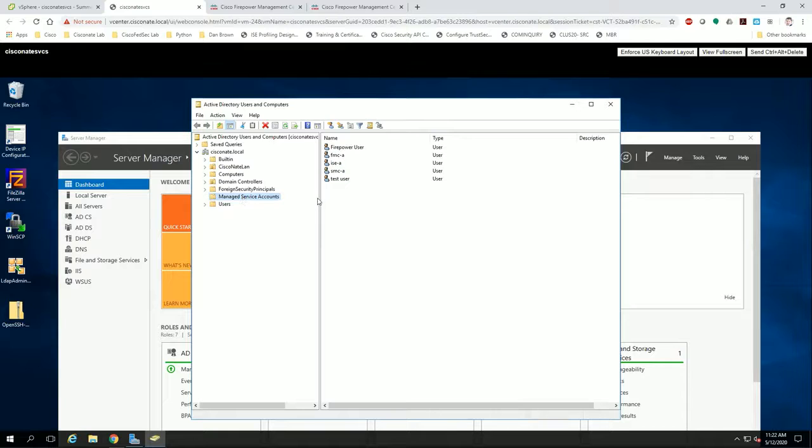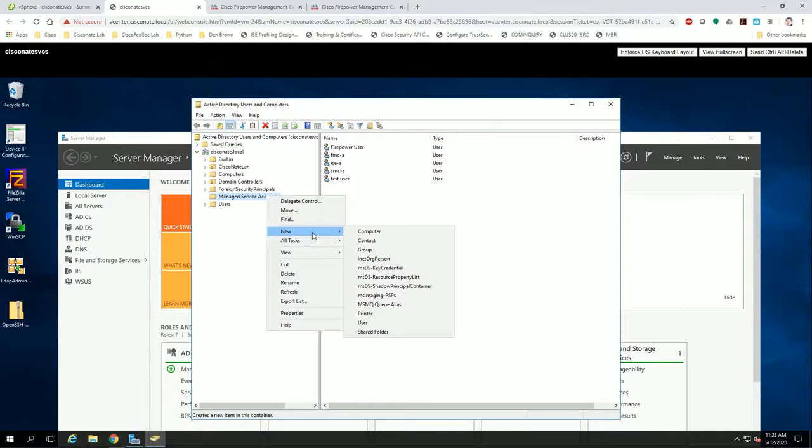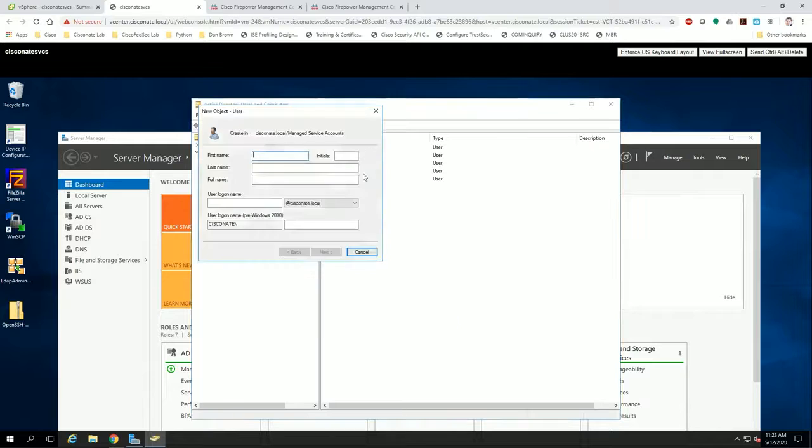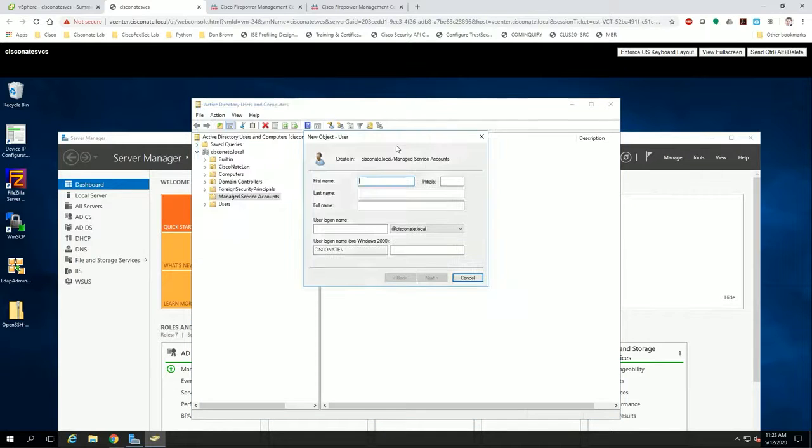The real gotcha, though, is when it comes to actually creating your service account. So I'm going to create a new service account under here. I'm going to right-click on Managed Service Accounts, click New, and click User. Yes, it is a new user that goes under the Managed Service Accounts for your service accounts, i.e. FMC or ISE or whatever else you have running. So I'm going to call this Firepower Management, and I'm going to call this